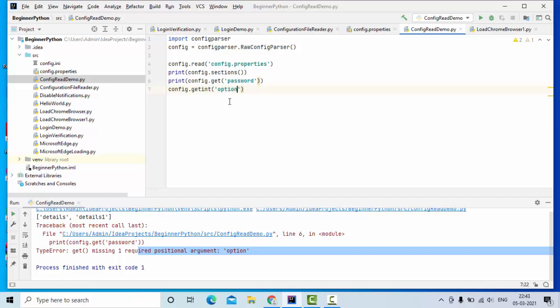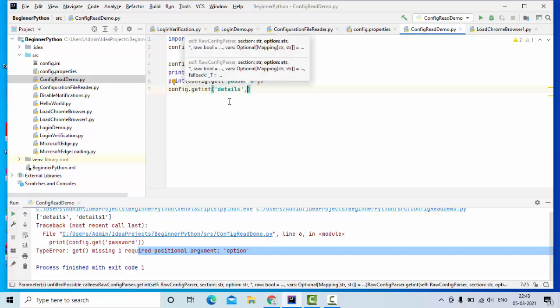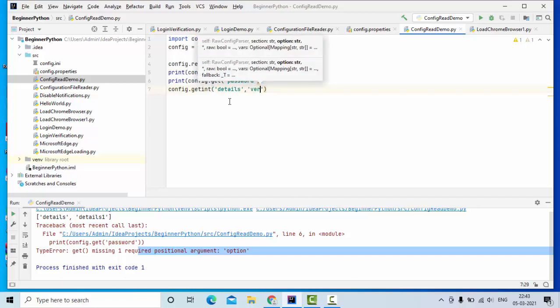So I have used the getint method here, and details is my section name, and version is the field.